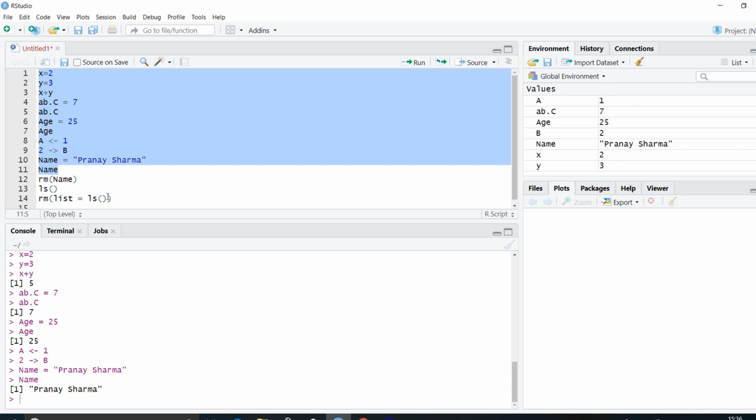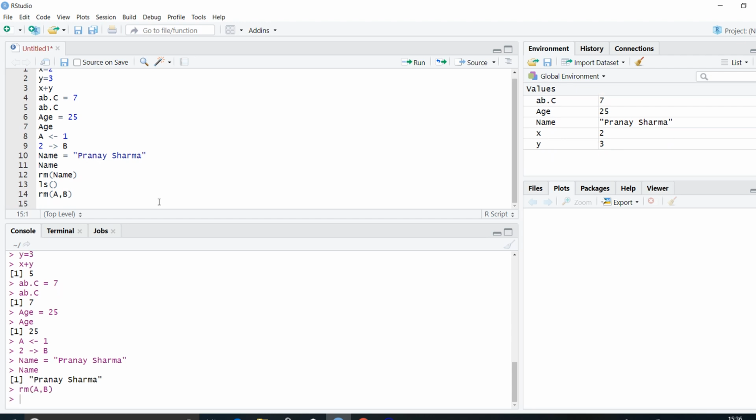So I can also remove multiple at a time. Instead of removing the whole list, if I just want to remove capital A and capital B, I write capital A comma capital B, remove these two values, and you can see capital A and capital B have been removed. So in this way we can remove these values.